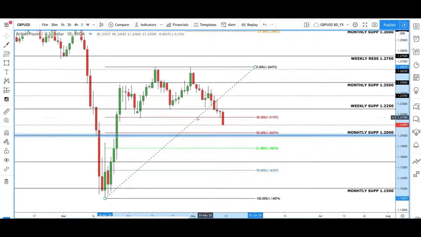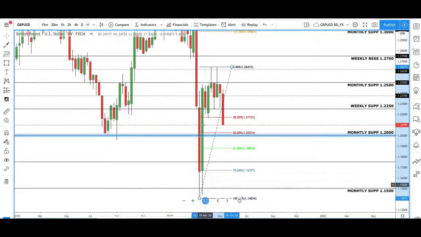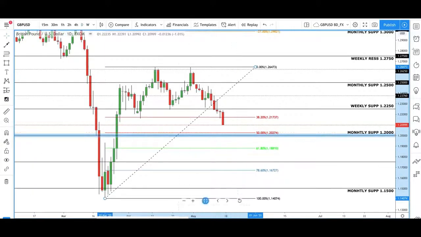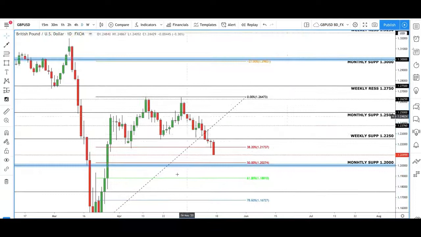So now we're looking at potentially finding support around these areas, but we know that the daily is very, very, very bullish here, and the weekly. So if you look at the weekly, how bullish this is, but this is a retracement on the weekly. So if we can find some support here, then what's going to happen? We're going to go back above, take out the highs, and we're going to come out and hit this daily or this weekly Fibonacci. Now this might take some time.